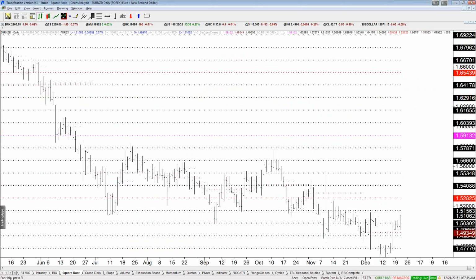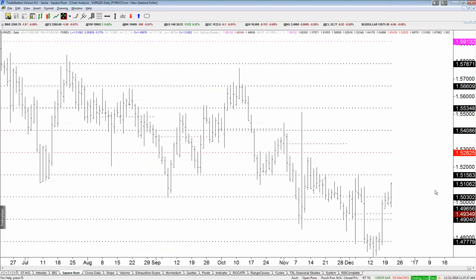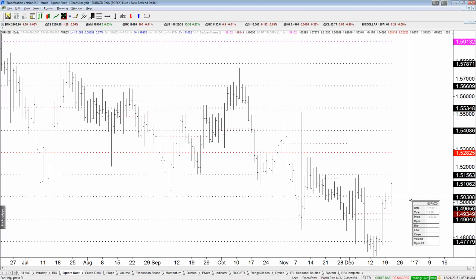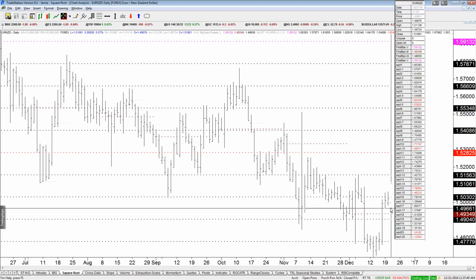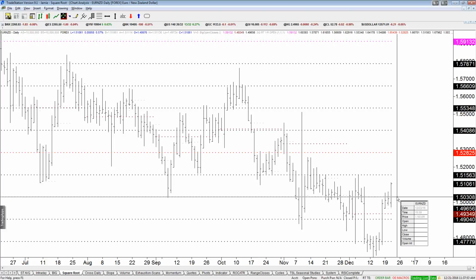Okay, so here's Euro Kiwi. And you have this move higher. Looks like an impulse from the low. But understanding that you have a big outside day here,